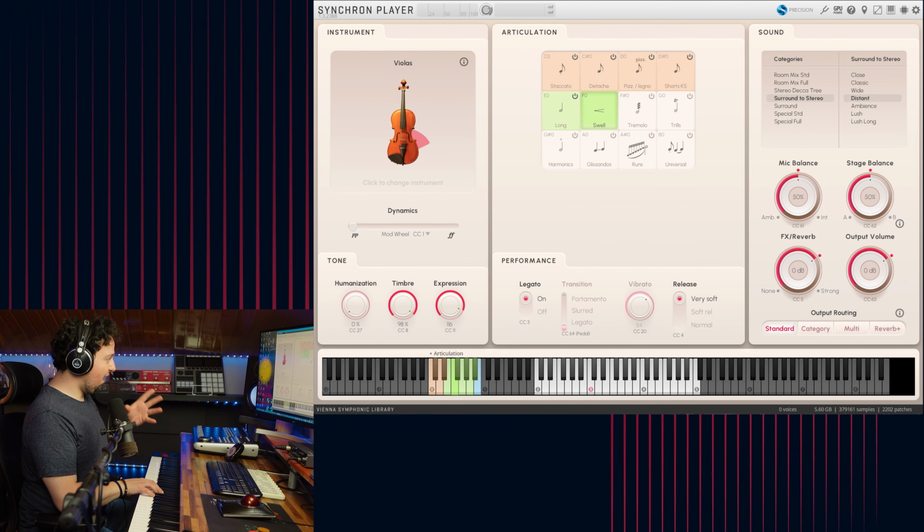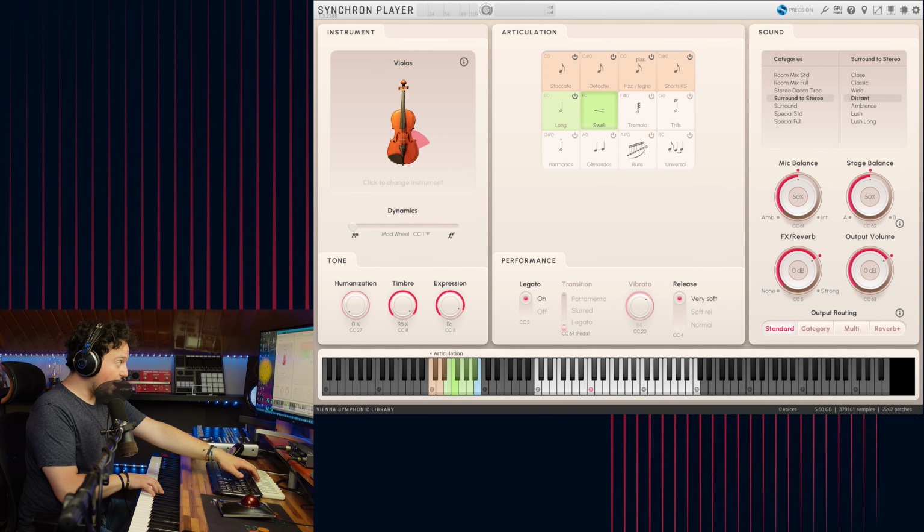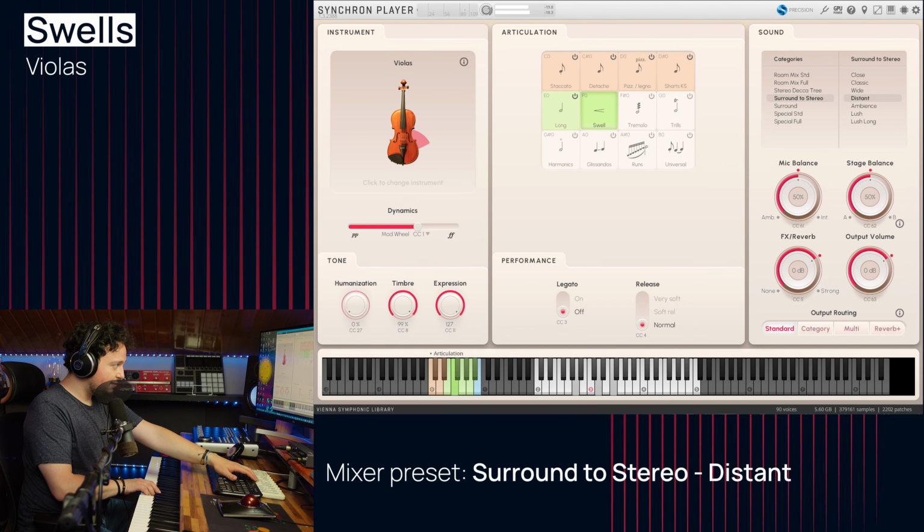Time flies. For the swells, you can still have them with legato on or off. Let's try without. With a soft release.